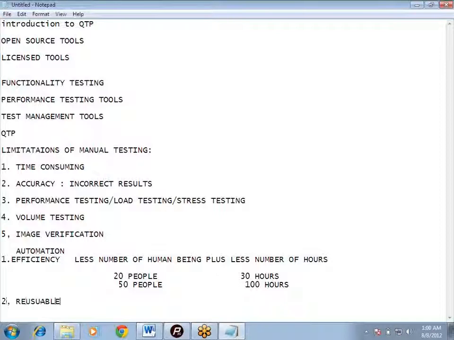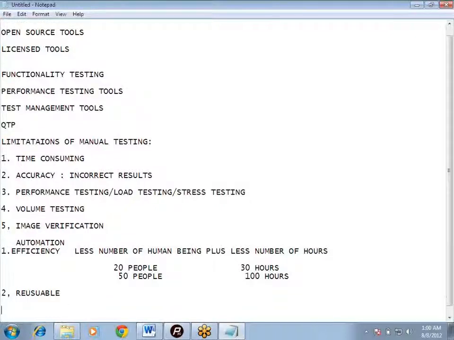Another advantage is reusability. Once we have created any script, we can reuse that script again and again. We can save that script on our hard disk and use it again and again in various tests and various projects. If some new project comes up that uses the same logic, having the same concept, then we can reuse that script. We don't have to write the script from scratch every time. We can reuse our actions, our tests, and our functions. We can maintain a function library and reuse those functions again and again. That is reusability, but that is not the case in manual testing.